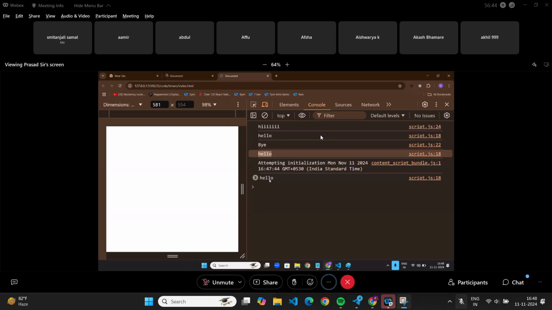Where can I use it? For example, OTPs. In real time, there will be an OTP function. I don't know whether you tried it or not. Imagine you got an OTP. It will show you the boxes to enter the OTP, and it will show you one option called resend.